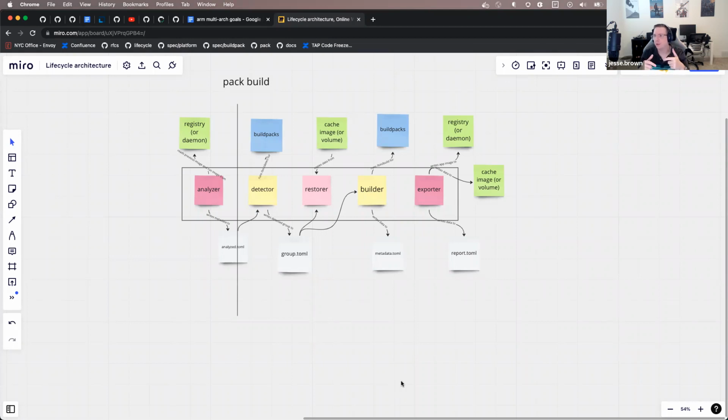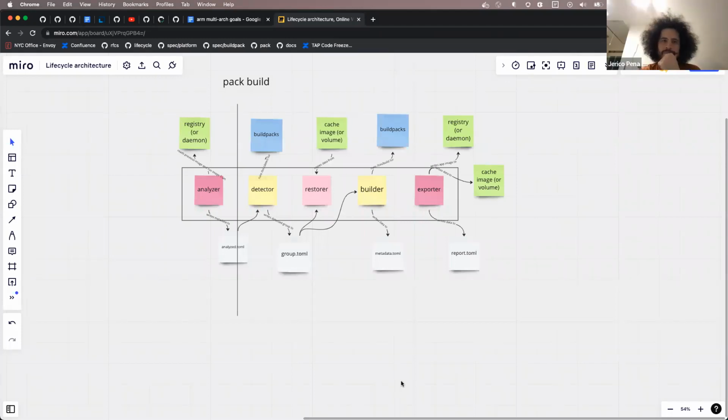Analyzer and exporter run on lifecycle scratch images that have just lifecycle on them, so that if you don't trust the builder, it doesn't have a chance to slurp up your registry credentials, for instance. So there's a security barrier: an untrusted builder will spin up more containers to avoid giving the untrusted builder credentials that it doesn't need to do its job.